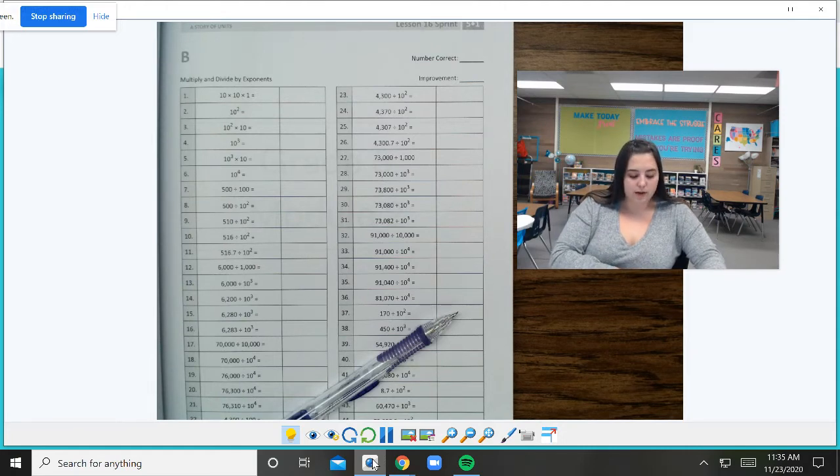On question 23, 43, 43.7, 43.07, 43.007, 73, 73, 73.8, 73.08, 73.082,